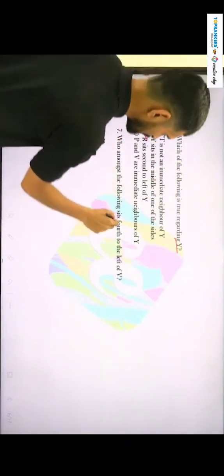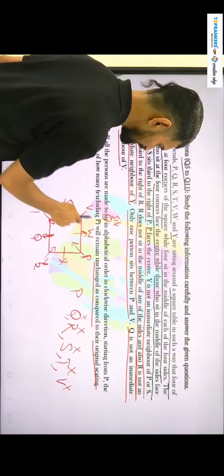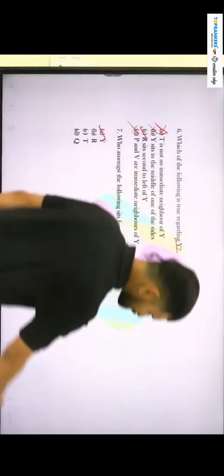Who amongst the following sits fourth to the left of V? V. Fourth to the left, going clockwise is left. First, second, third, fourth. It has to be Y. It has to be Y. Next, we have